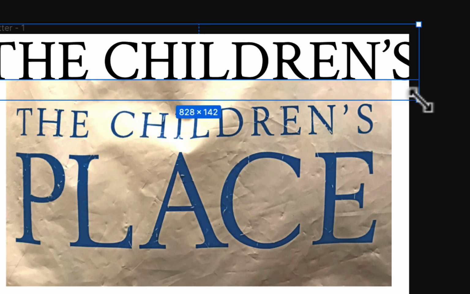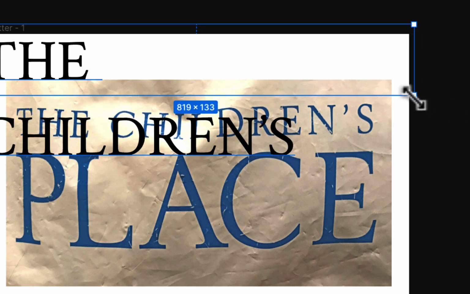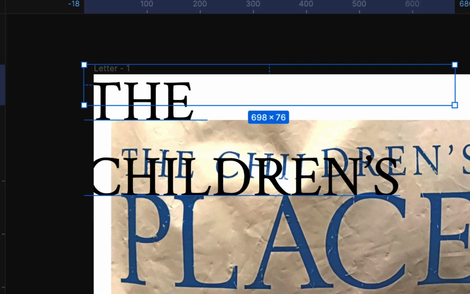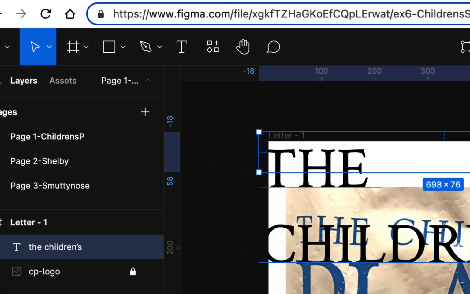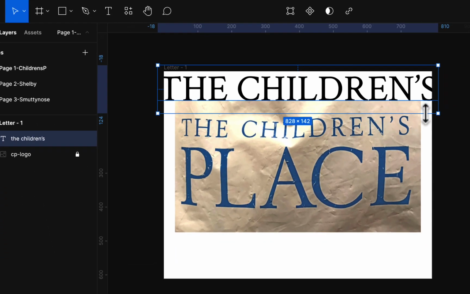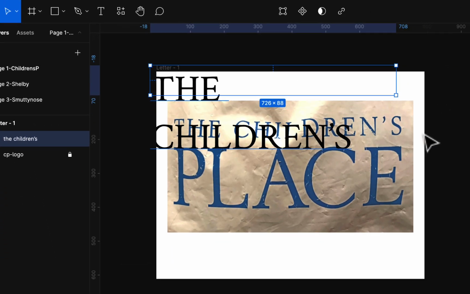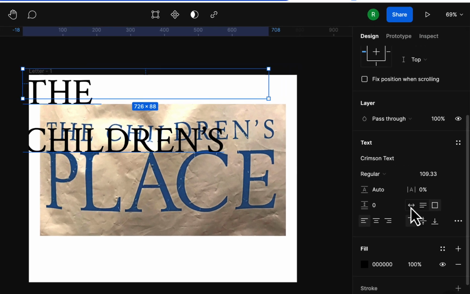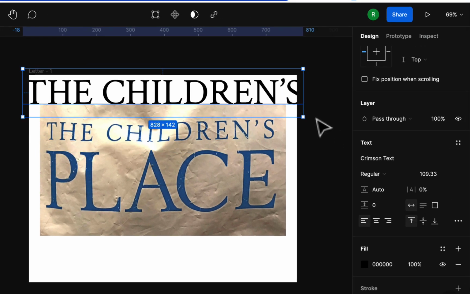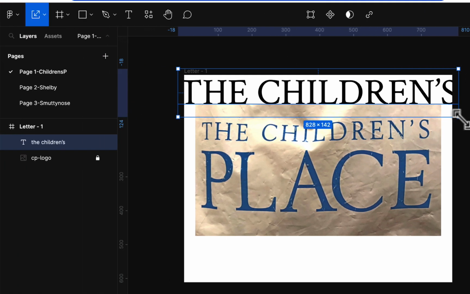Now it's a little big right now, so let me just scale it down. Now if you do this, I'm scaling it with the Move tool. It's going to make the box shorter, and the text won't fit in there. So I'm going to undo that. And even if you did that, and you're like, oh man, what happened? Just go down here and put auto width on here, and that'll stretch out the box so it fits the text. And you could even do auto on the bottom, in case you have an extra space there or something. So we'll leave it like that, and then go back to the Scale tool